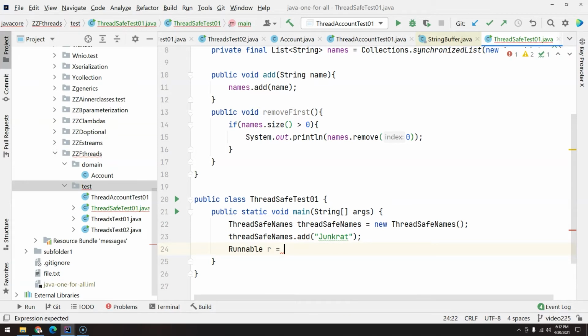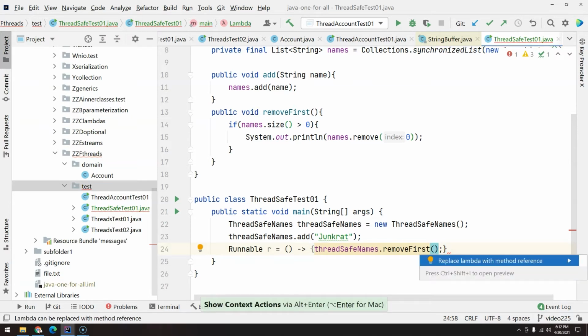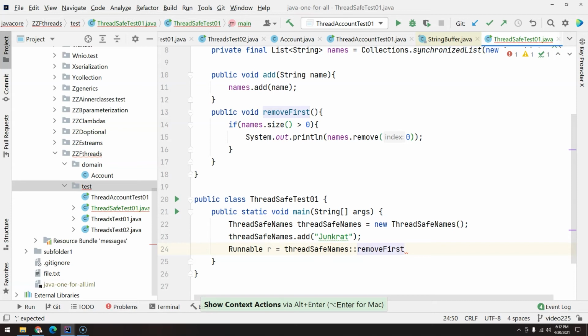I'm going to write a lambda, and then I'm going to change it to method reference so you can see both ways. So Runnable, its run method does not have any argument, so we can write something like this. And then what I'm trying to run is the threadSafeNames.removeFirst. So I can see that IntelliJ is giving me a nice hint. Let's make this a method reference, and this is everything that we need to run this in multiple threads.